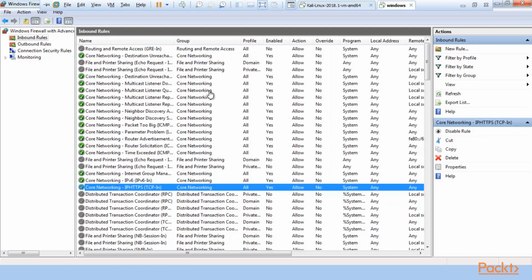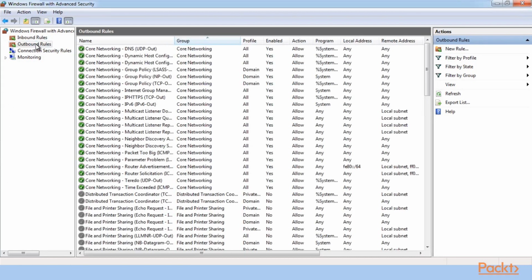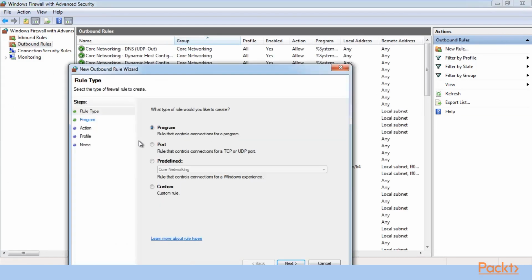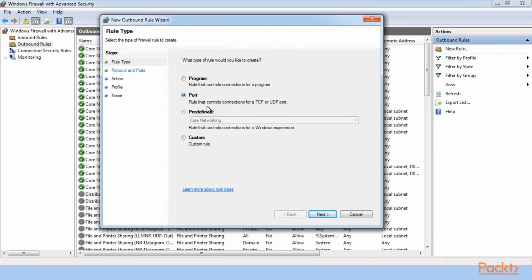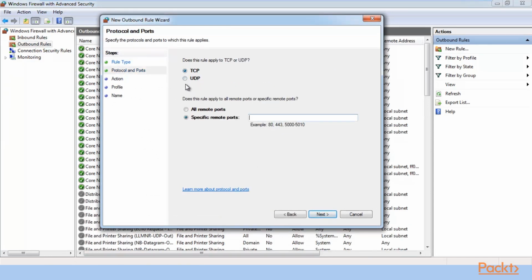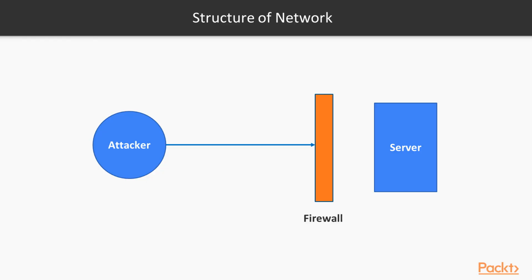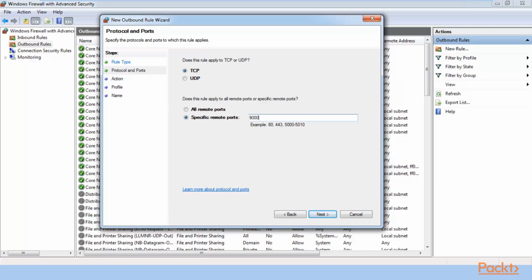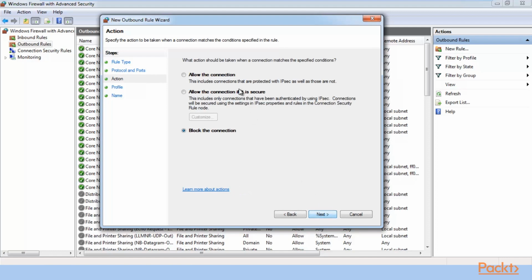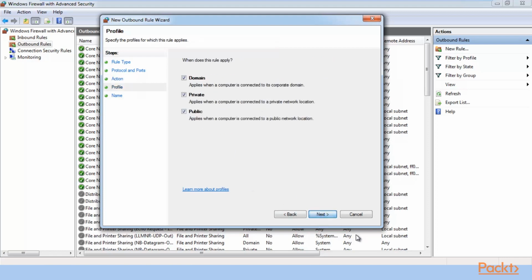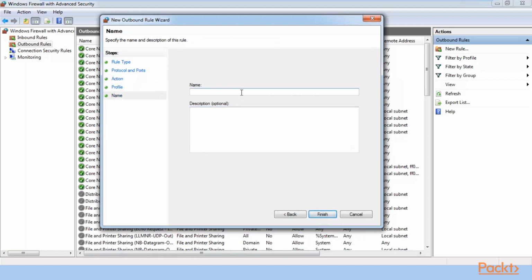If you want, you can also create a new rule for outbound rules. Click on new rule and select the port. Click next. Choose the protocol, TCP port. For example, I want to block port number 9000. Click next. You can allow this connection or you can block this connection. It depends on you. For example, if I allow this connection, click next and hit next, type 9000 allow connection,